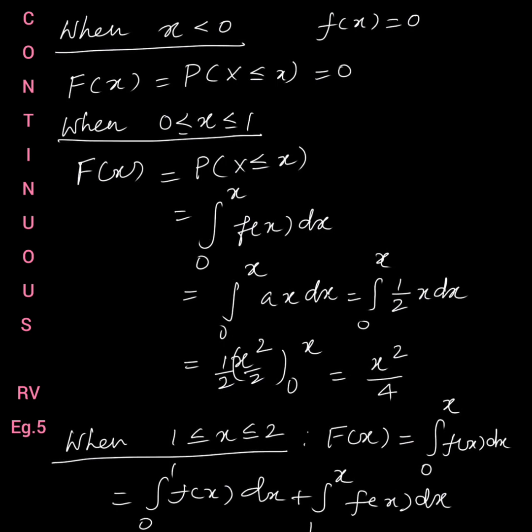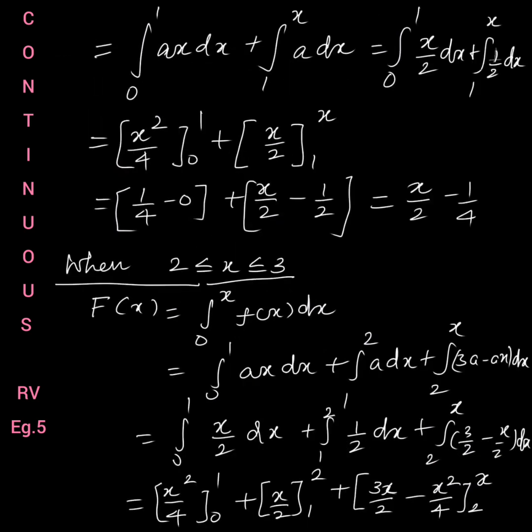The next part is when x is lying between 1 to 2. If x is lying in this gap 1 to 2, we cannot write small f as a single entry. So we have to split the integral into the 0 to 1 part and the 1 to x part. Each respective portion will be replaced by the respective integrand. The integrand here is ax and the next one is a. There is no need to write a each time, because we already obtained the value of a, so it can be replaced by 1 by 2. So after processing, we'll get it as x by 2 minus 1 by 4